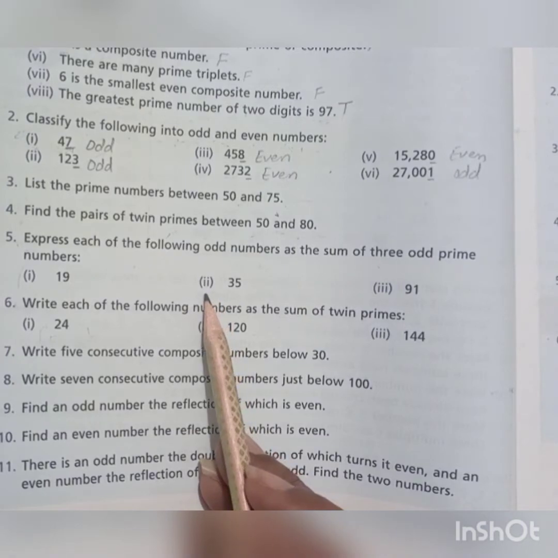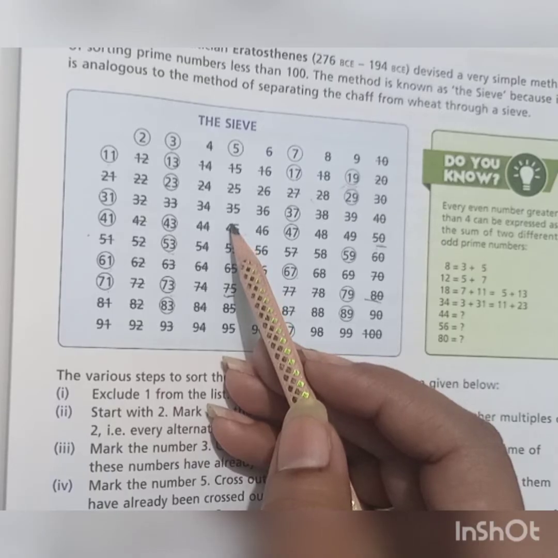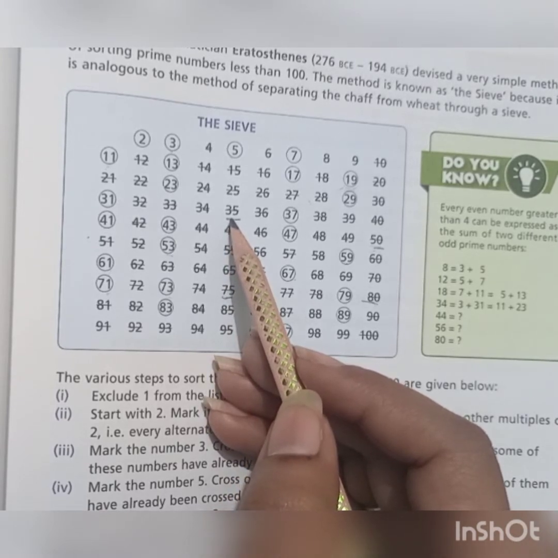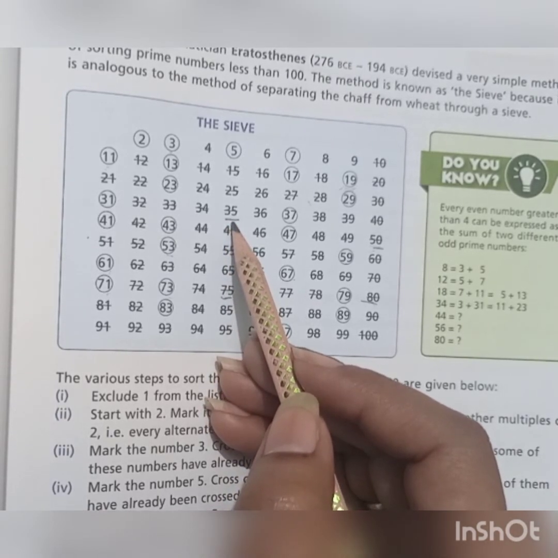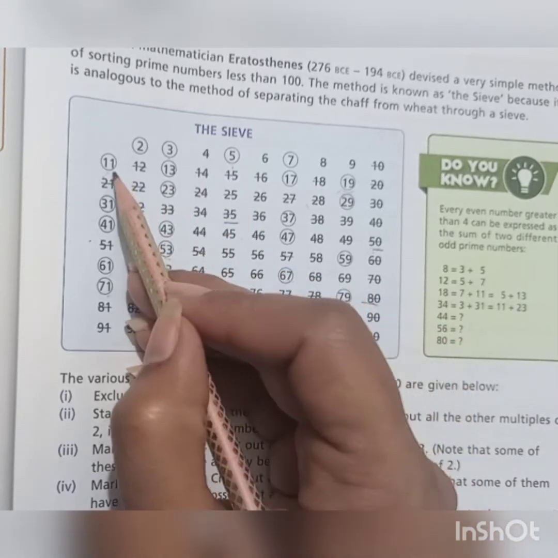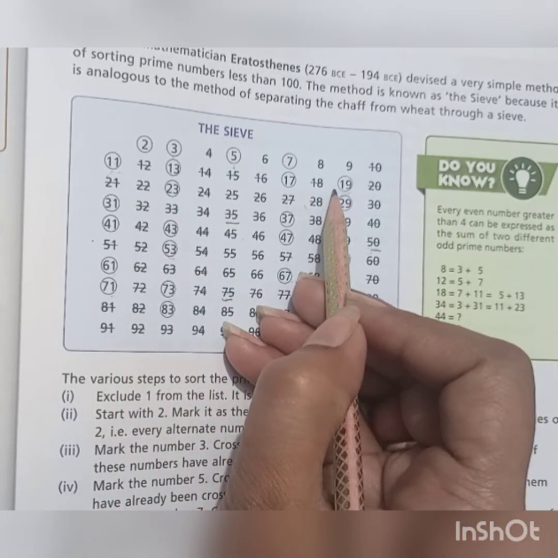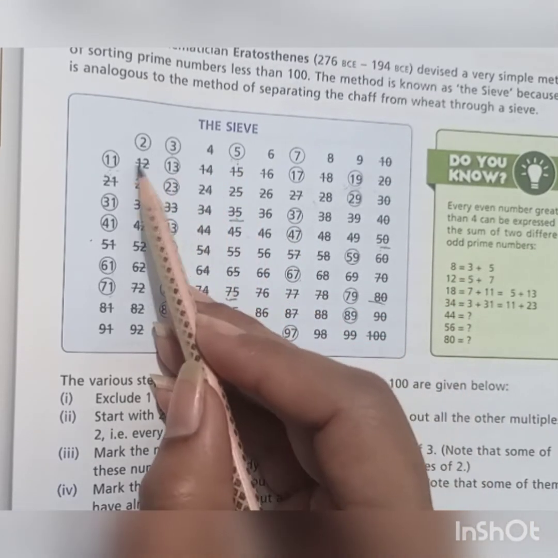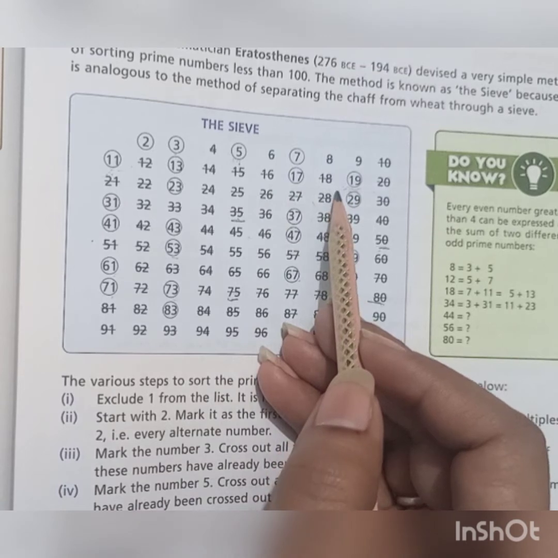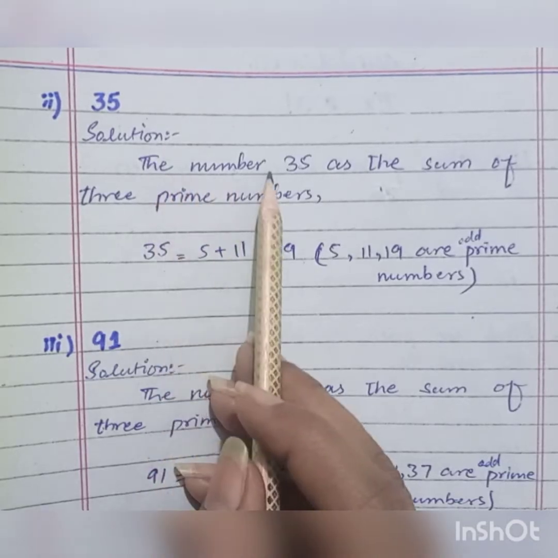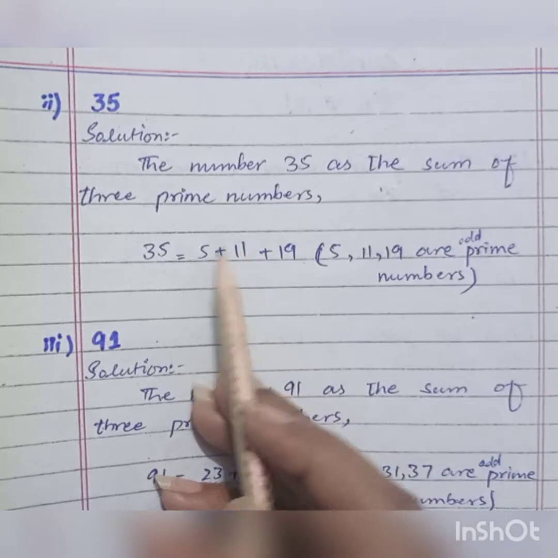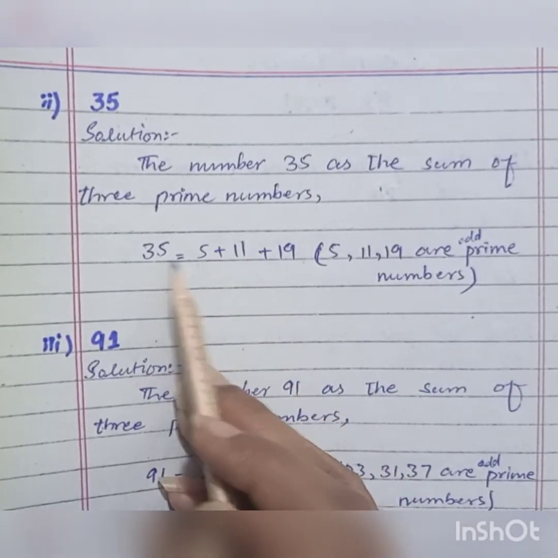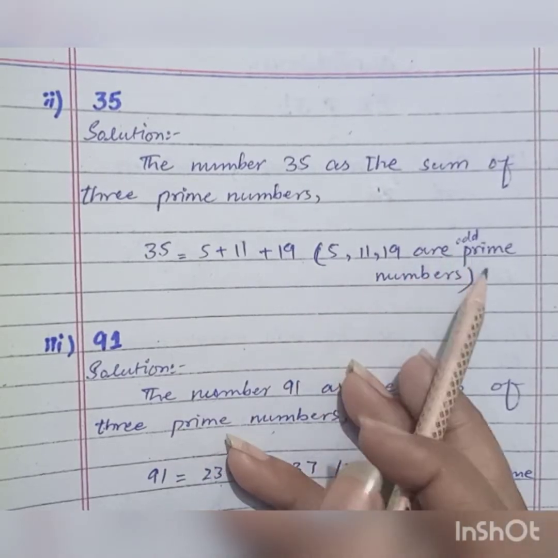numbers. Now move towards part number 2, that is 35. In the table the number 35 is here. Let's find the three numbers whose sum is equal to 35. Students, if we sum the numbers 5, 11 and 19, then their result is 35. And we can see that the numbers 5, 11 and 19 are odd prime numbers. Here is the solution: the number 35 as the sum of three prime numbers is equal to 5 plus 11 plus 19, as their sum is equal to 35, and 5, 11 and 19 are odd prime